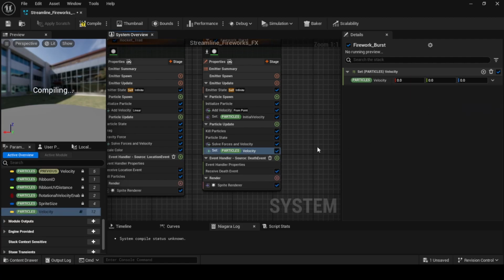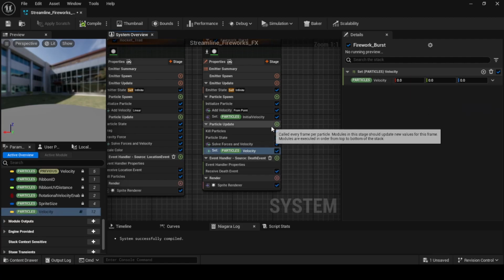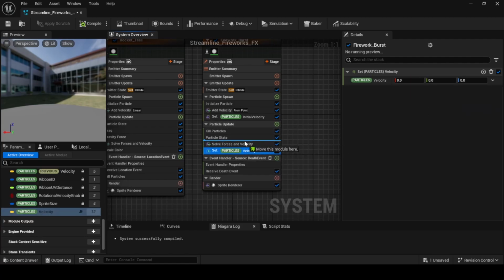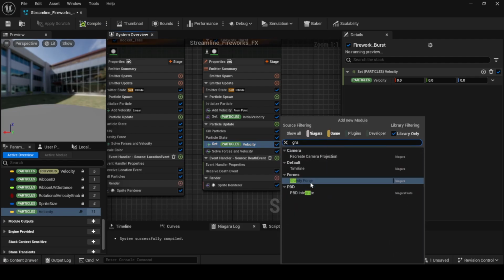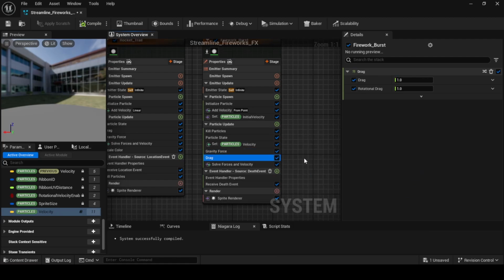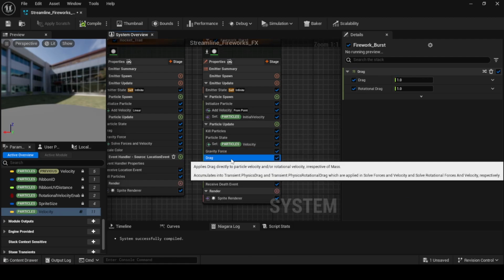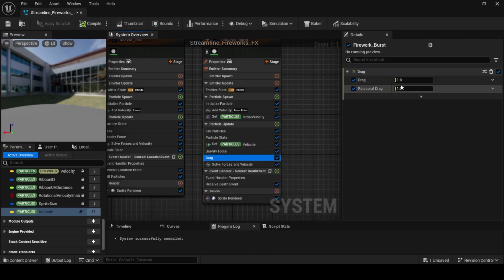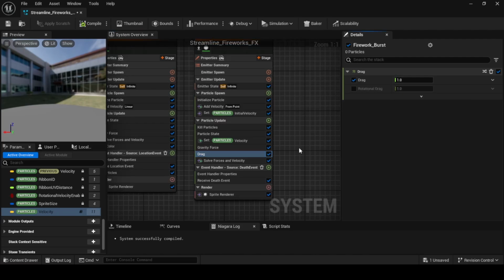Instead of just letting gravity handle it, we will want to make sure that we set this to something specific. And then after this, we will actually have gravity, and then we will have drag kick in. And this drag, we can probably turn this down. We won't need rotational drag. And we can turn this drag up a little bit, so that way the burst kind of hangs in the